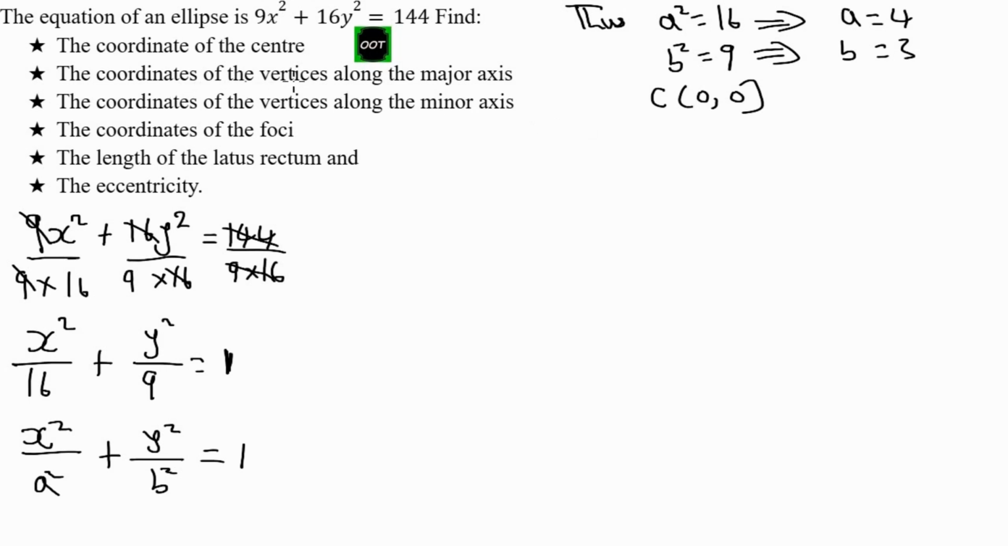So now, the coordinates of the vertices. We have answered this one. This has gone. Let me mark it in red. So we need the coordinates of the major vertices along the major axis. Now we said MV, capital letter MV,